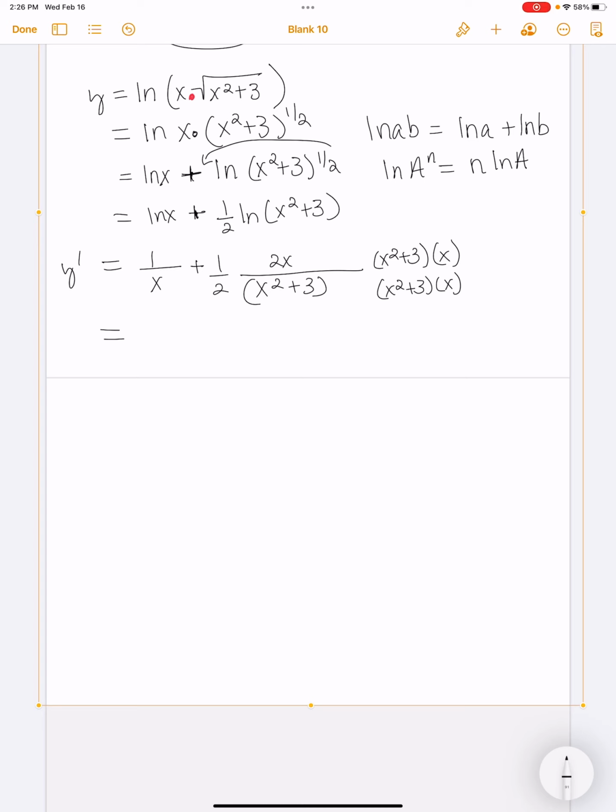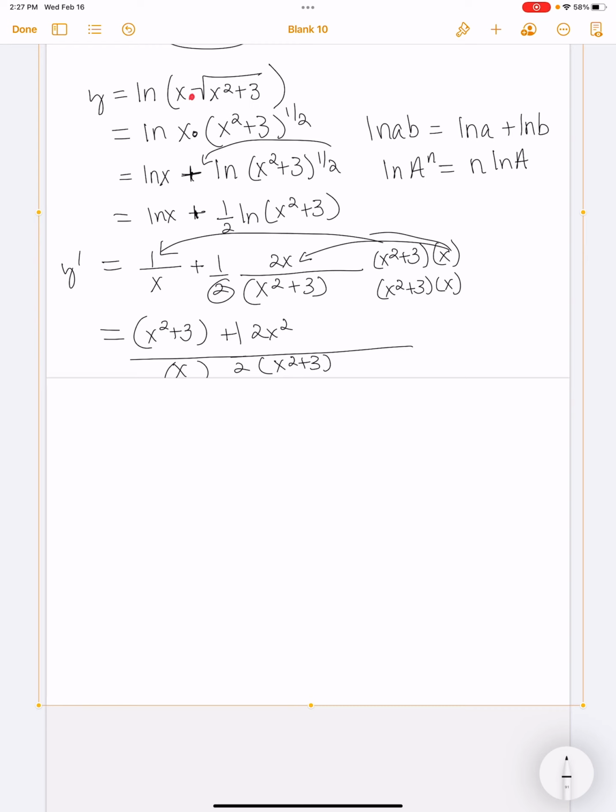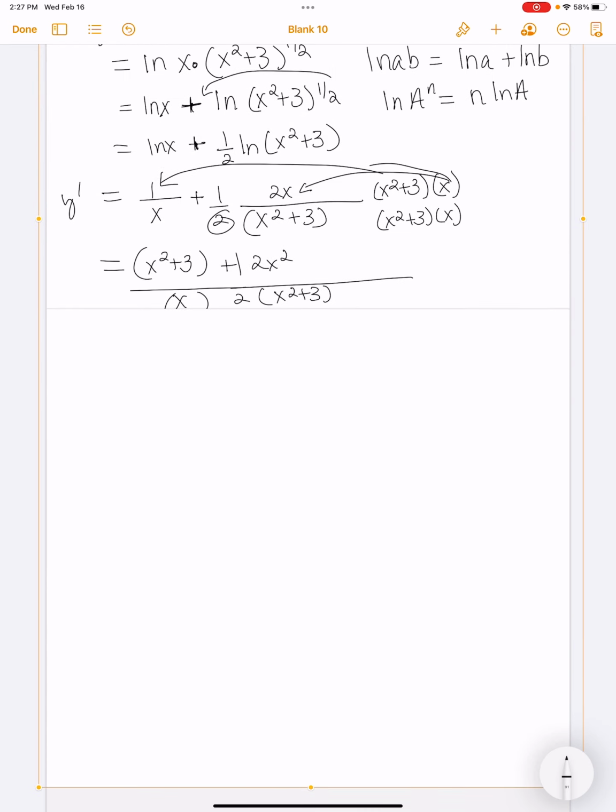Okay, so the x squared plus 3 is going to be multiplied over here because there's already an x. So if I put another x there, which technically is being done, it would just cancel. So we don't need one of those there. Then we have this right here is going to get an x. Okay, and then on the bottom we have x times 2 x squared plus 3, and that 2 is in the denominator, so we just went ahead and sat them down there. Okay,